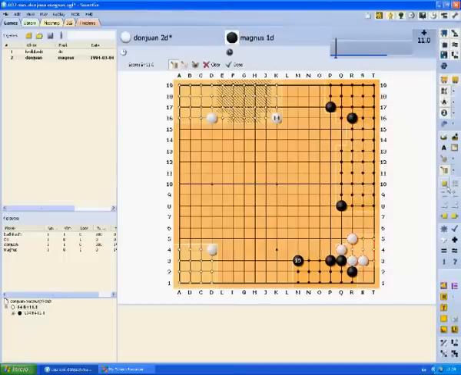Now, talking about diagrams, it's quite customizable here, and we can select how many diagrams we want, the moves per diagram, the branches we want.